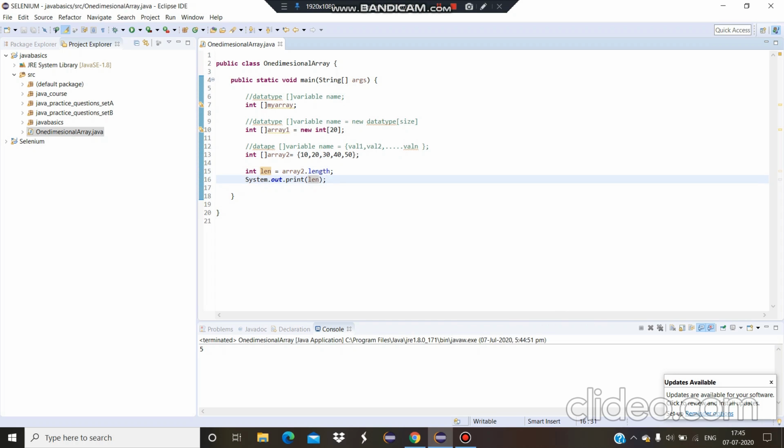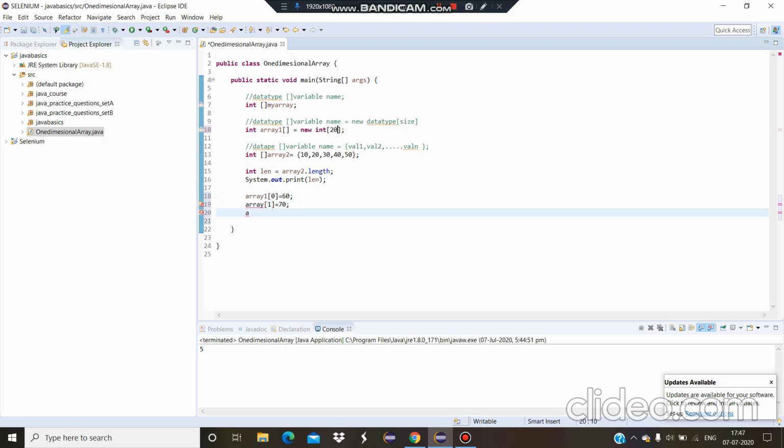There is another way of initializing an array. If you want to initialize the array at every step, you can do it like this: int array1 equals. The first index would be 0, so 10. So initialization could be done also like this: 1 equals 70.